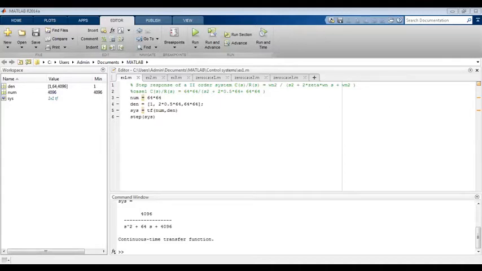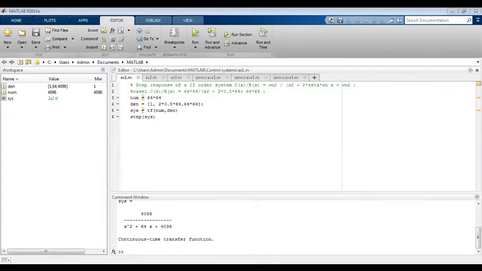Now once you get this diagram, you have to right click, go to grid, so that the grid appears.